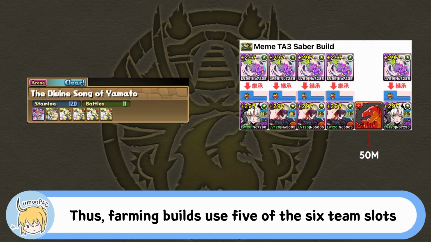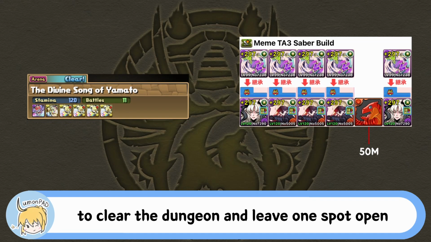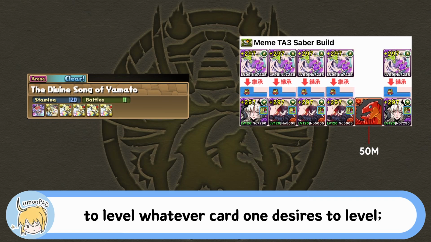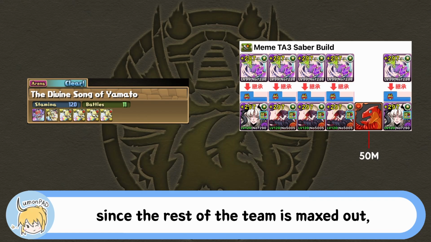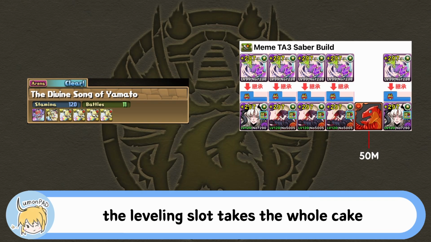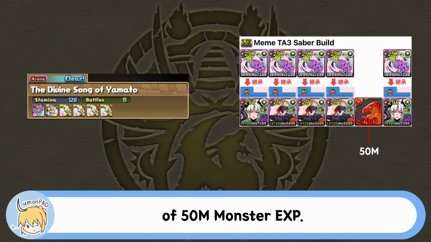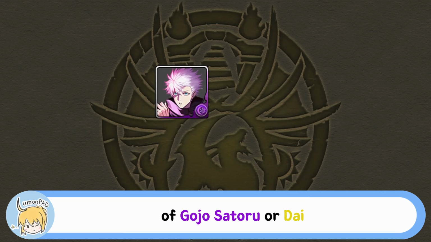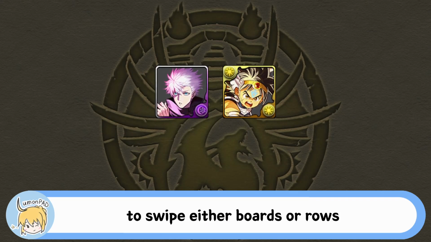Thus, farming builds use 5 of the 6 team slots to clear the dungeon and leave 1 spot open, known as the leveling slot, to level whatever card one desires to level. Since the rest of the team is maxed out, the leveling slot takes the whole cake of 50 million monster EXP. Current farming builds use multiple copies of Gojo Satoru or Dai to swipe either boards or rows to deal